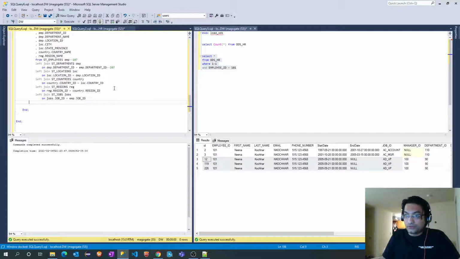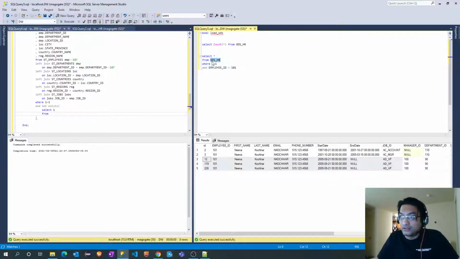So where 1 equal to 1 and not exists, select 1. So we need to restrict those records which are already available in the ODS HR table.